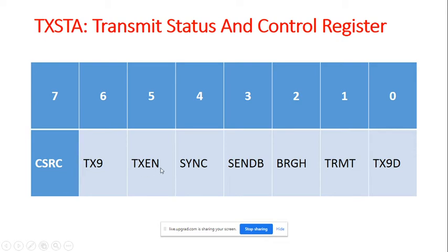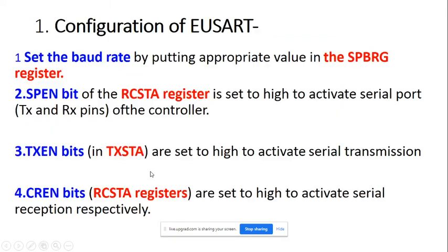This TX enable pin: 1 means enable and 0 means disable. Okay, it means your transmission process must be enabled, meaning this bit must be 1, which you do in the program. You are making bit number 5 a 1, that is, TXEN pin is equal to 1. Next one is